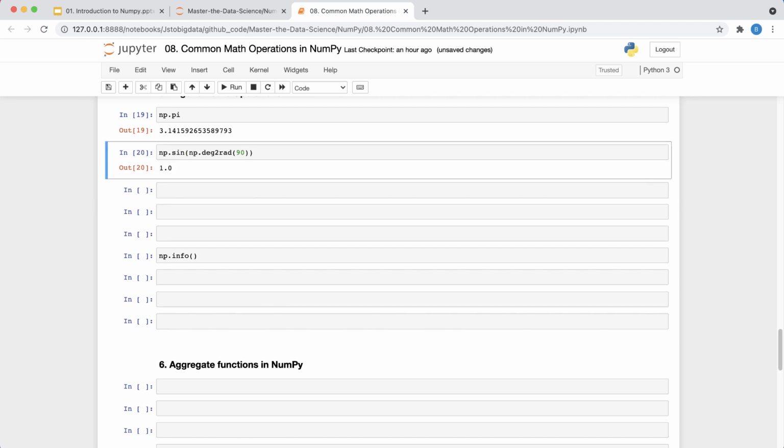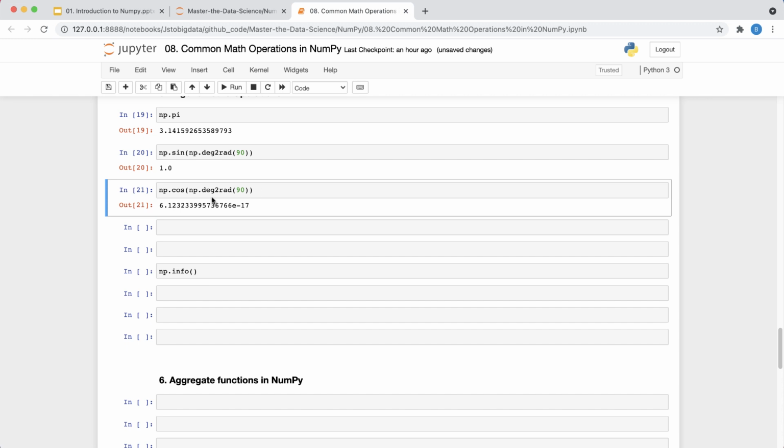So it gives me that sine 90 degree is nothing but 1. And similarly, if I want to do cos 90 degree, I will invoke np.deg2rad and then I'll pass 90. So cos 90 is 6 point something. Now let's say I want to calculate the cos 60 value, so this should be 0.5.